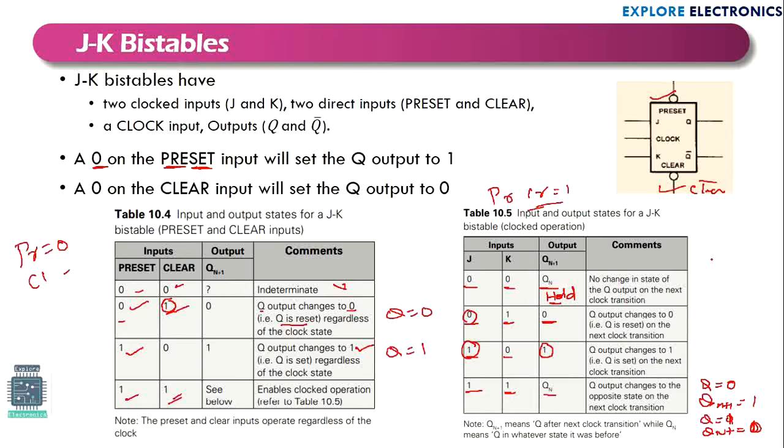Like that. Means when the clock is continuously changing like this and we are providing J and K values as 1, 1, let us treat J is 1 and K is also 1. So output Q initially, if it is 1, when the positive edge of the clock comes, it is changed to 0. Again if this 1, 1 continues, in the next state it is changed to 1. Again in the next state 1, 1 continues, the Q changes to 0. This is called the toggle state. In the JK bistable, we need to understand this toggle state when J and K are 1, 1.